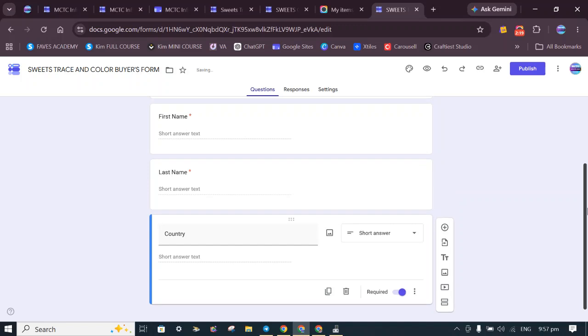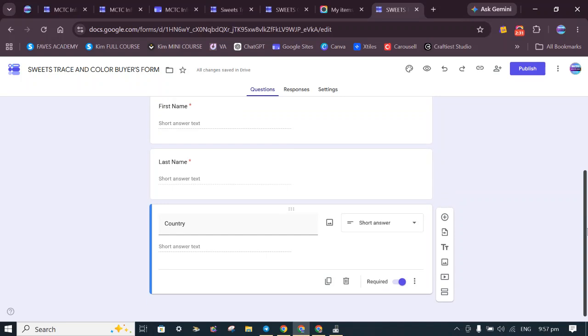And if you're gonna add another question here, let's say country, because you wanted to know the demographics of your customers, if maybe merong buyers na sa ibang bansa, may buyers na from the Philippines, para alam mo yung audience or buyers mo. And para malaman mo din yung target market mo. Kasi may interested pala sa US.